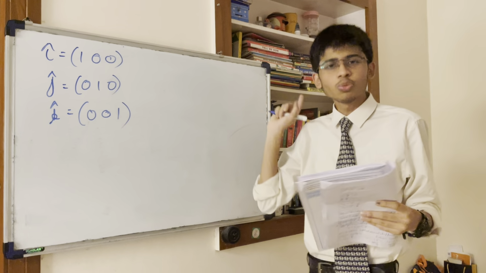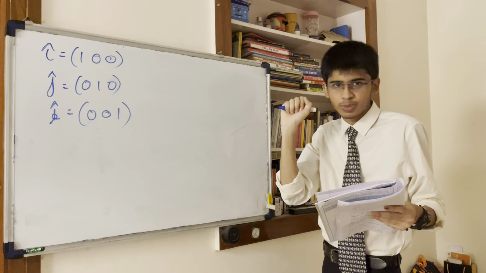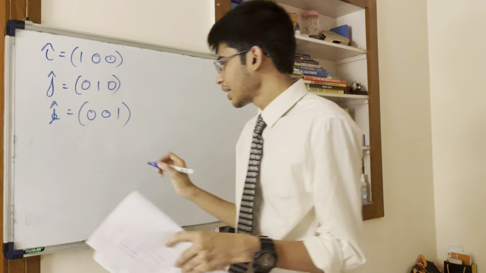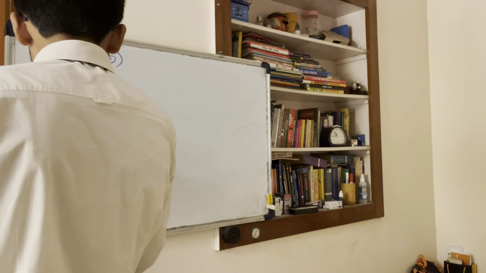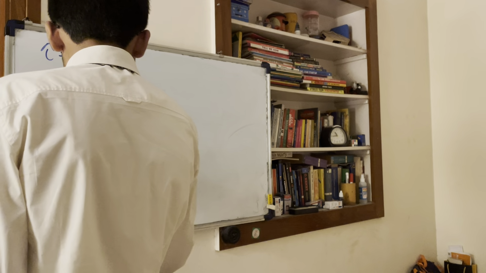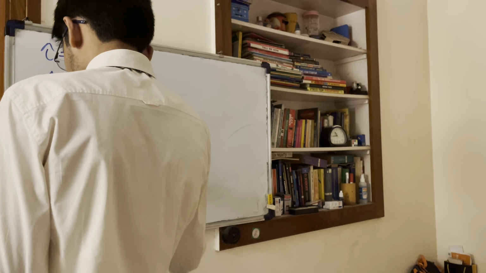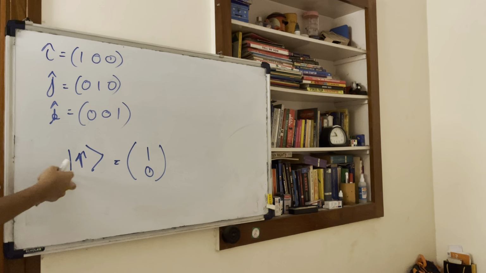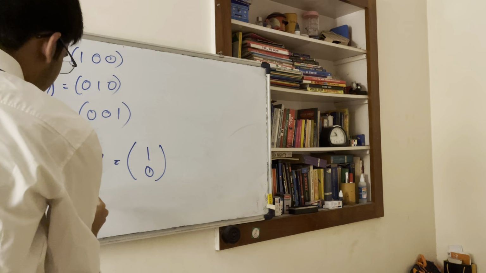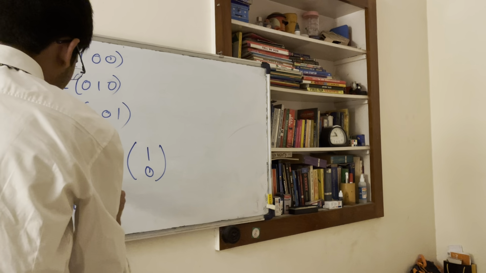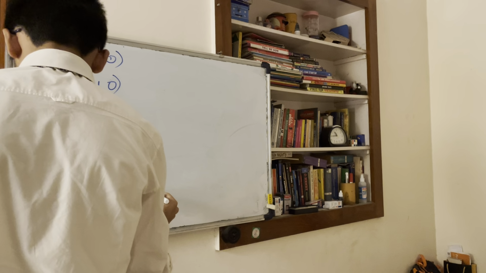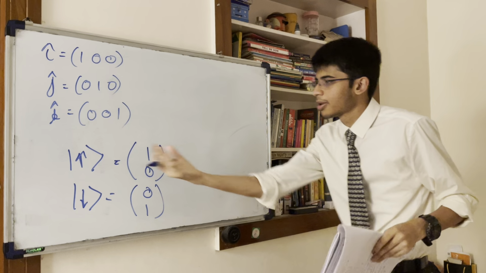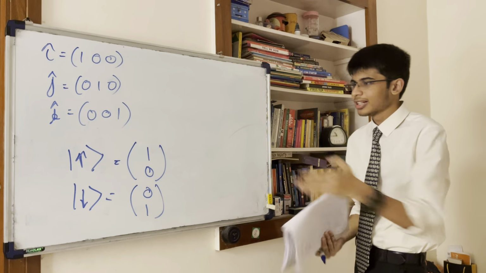So we had our 2 basis vectors as spin up and spin down. To make our vector, we write them column wise. We have the spin up vector as 1 0. This is what spin up looks like, and we have the spin down vector 0 1. So instead of writing them row wise, we can write them as column vectors, and that's the only